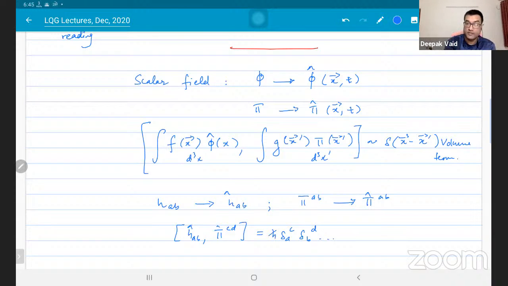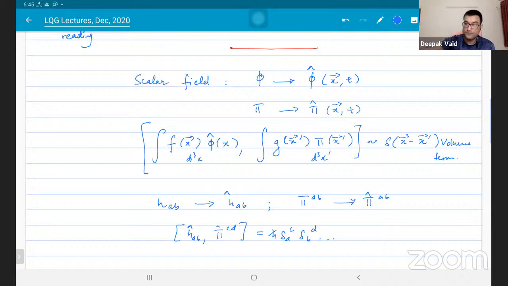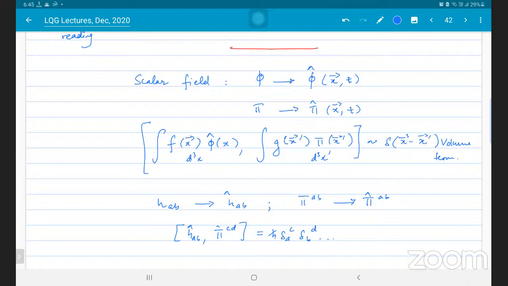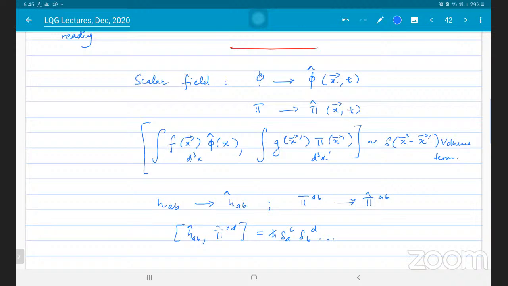Right? Yeah, Devamalya, your question? In the commutator of f x, phi x, and g prime, pi x prime, the integrations are taken over the x and x prime, right? And it is volume integration. So how does the right hand side contain the Dirac delta function of x and x prime, because already the x and x primes are integrated over on the left hand side.